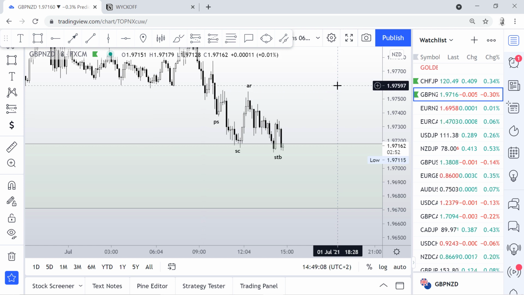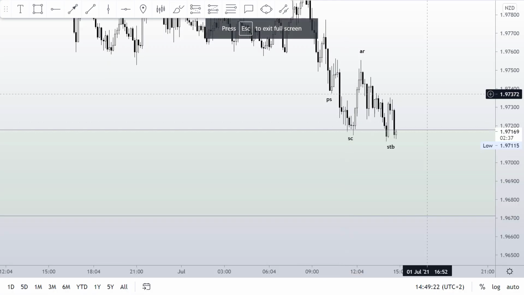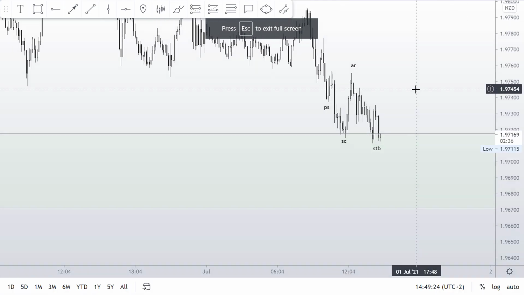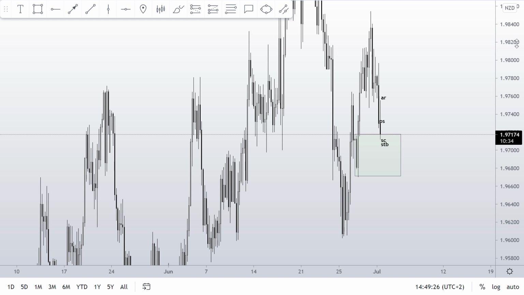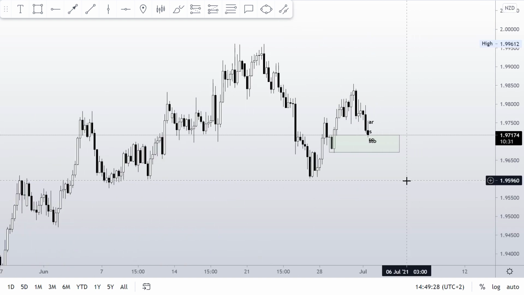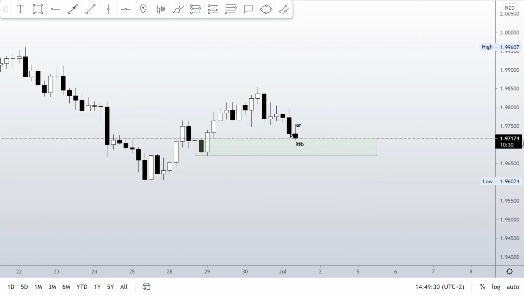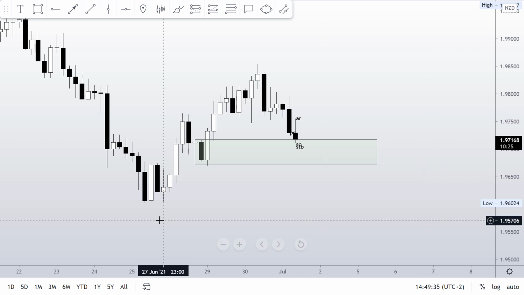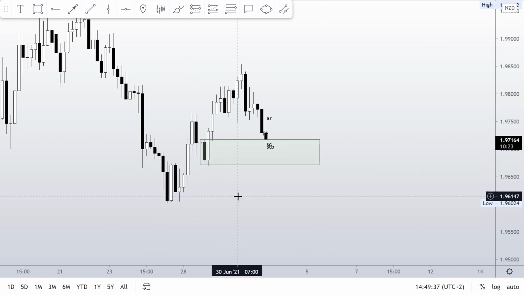But we are going to go through Wyckoff and how I'm trading it. Now, first of all, I'm on GBP NZD, British Pound, New Zealand Dollar, and as you can see in a live example, the way I'm doing it right here, as we have said, I'm identifying my order blocks, okay?